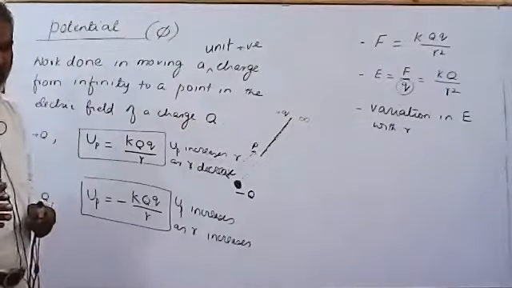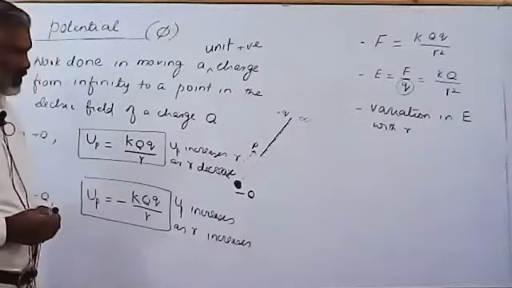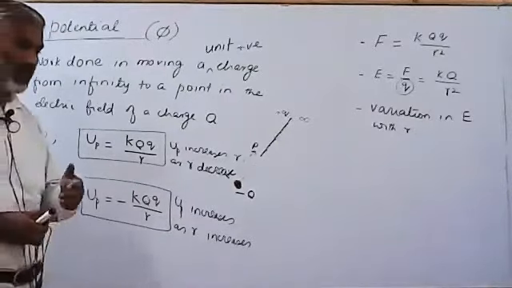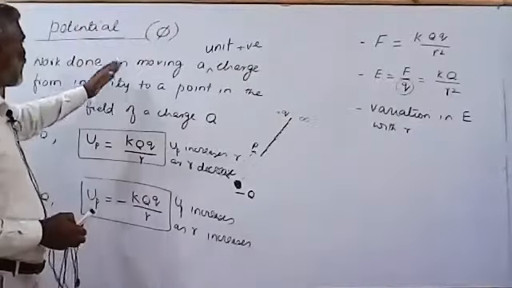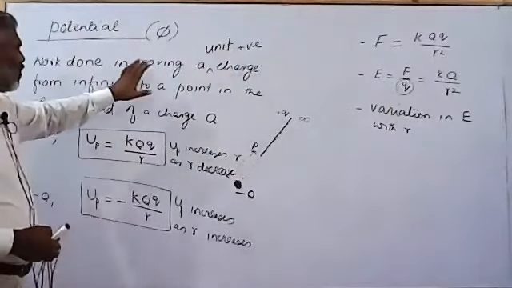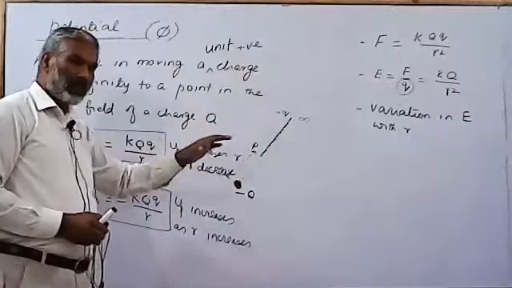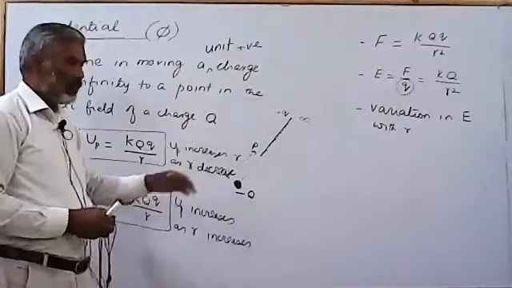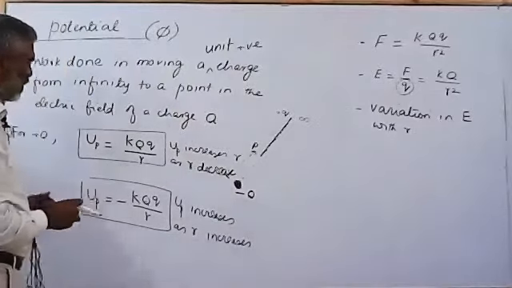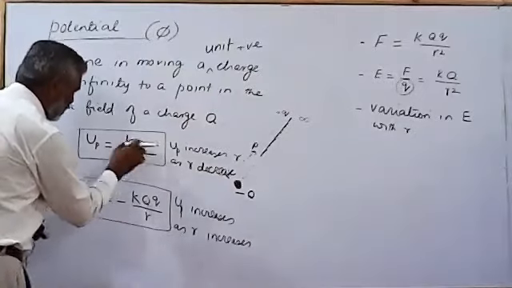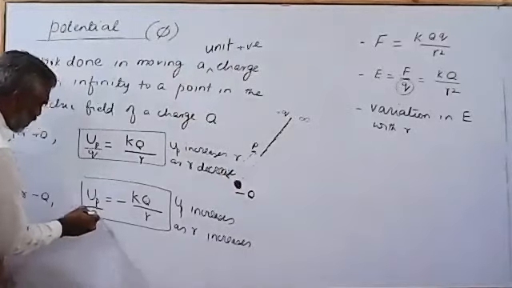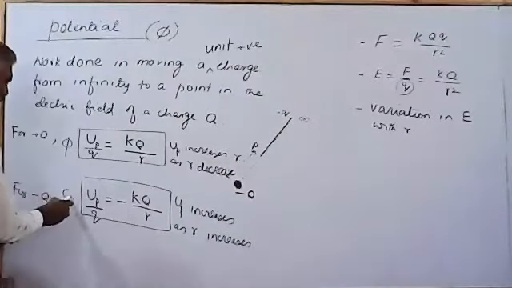So potential energy and potential, they are slightly different concepts. They have different units. Potential energy was work. It is measured in joules. This is potential energy per unit charge. So work done in moving a unit positive charge means work per unit charge. So this is joules per coulomb. So joule per coulomb is the unit for this quantity. A potential, since this is defined like this, so Q comes to this side of the equation, and this is known as phi.